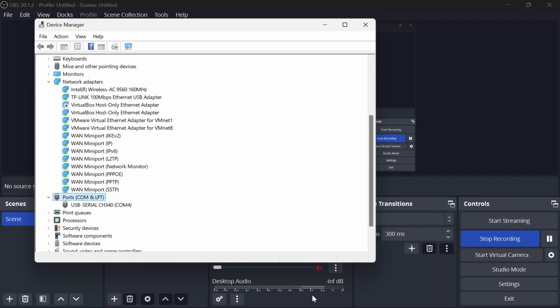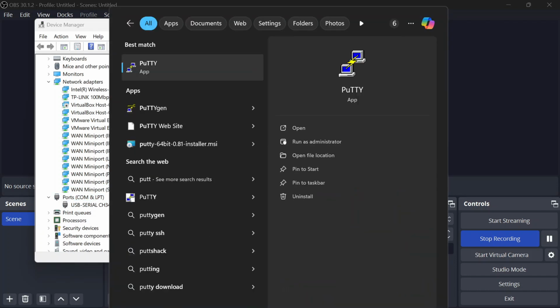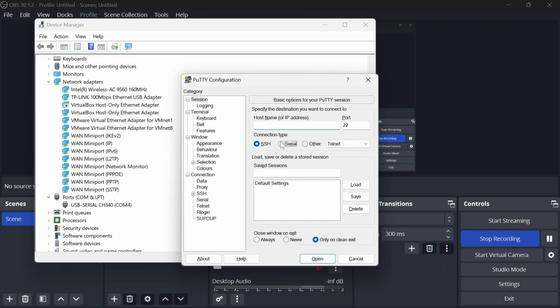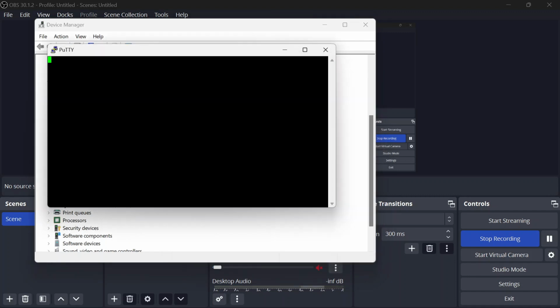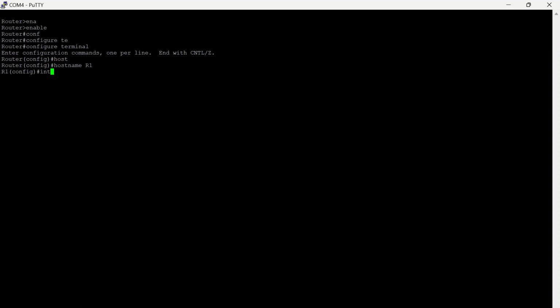And this is the router 2. We will configure, and we see the COM and PuTTY and serial and COM 4 and open, and we will configure router 1 for the router Cisco. We enable and configure terminal, we add the hostname R1 because this is the first router,